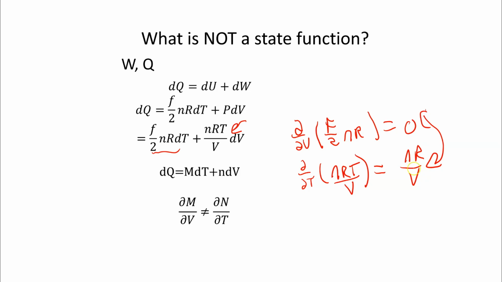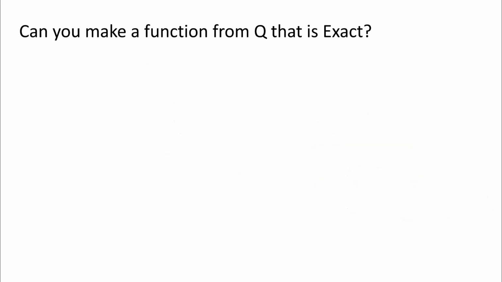The fact that this is broken, we cannot say Q2 minus Q1. This is also path dependent, meaning Q is something that refers to the path, not something that refers to the gas at any given state. It's not a property of the gas at all. It's not a state function. The question is, though, is there a way that you can fix these? Maybe we shouldn't be talking about heat and we shouldn't be talking about work. Is there some way to take our formula for Q and fix it? Well, if you remember, the problem with Q was that one of the terms had a T in it and it didn't make the differential go away.